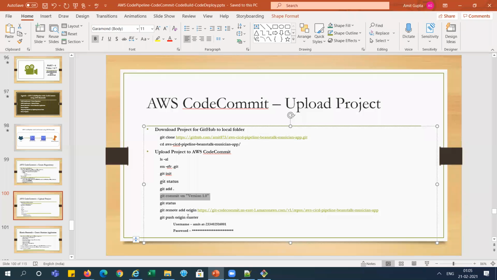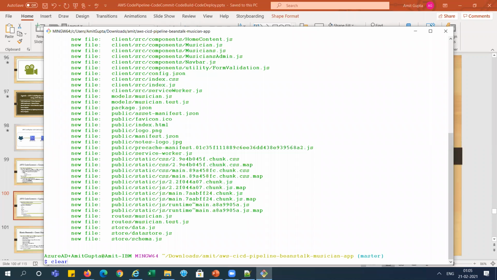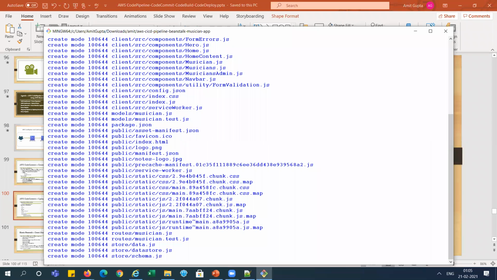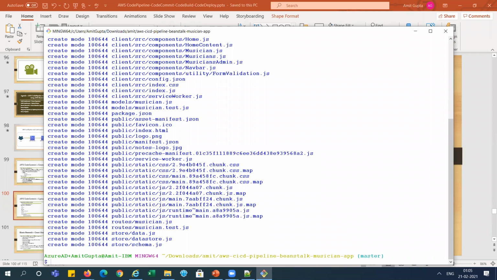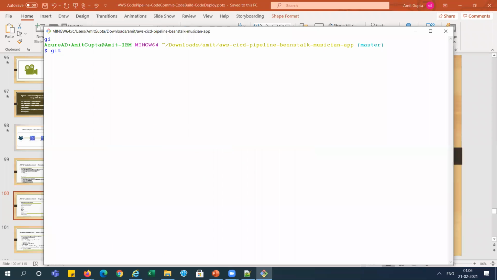We will run git commit, and let me clear it. It is committed. Now git status. We need to copy it to AWS CodeCommit.